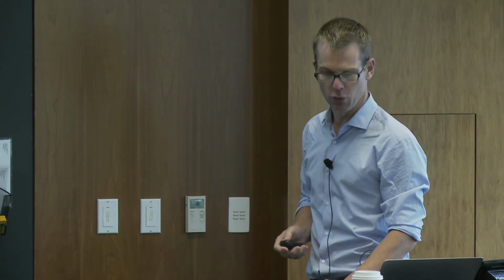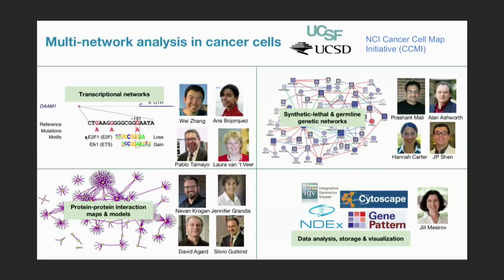So to address these kinds of challenges, we recently applied for, and had funded last summer, an NCI, or National Cancer Institute, center called the Cancer Cell Map Initiative, or CCMI. In fact, I'm just coming off the tail end of our annual meeting there in DC, on the way back to San Diego for this meeting. Like I said, there are networks that one wishes to interrogate at a number of different layers. We don't claim that we're catching all of them, and even within a given network type, we of course have to be quite focused given a limited budget for how much we can do.